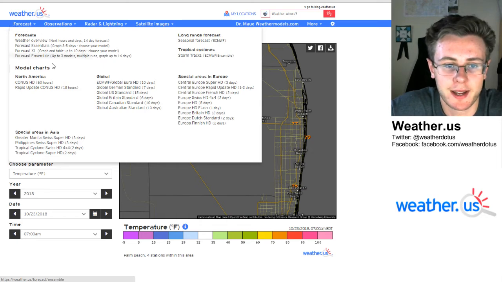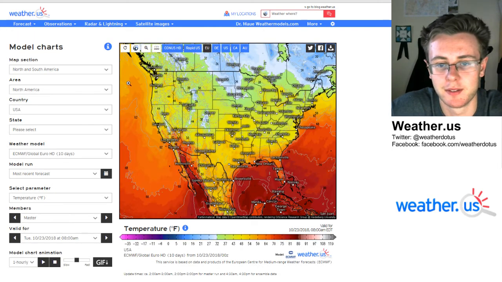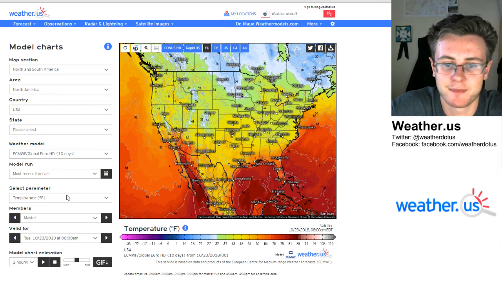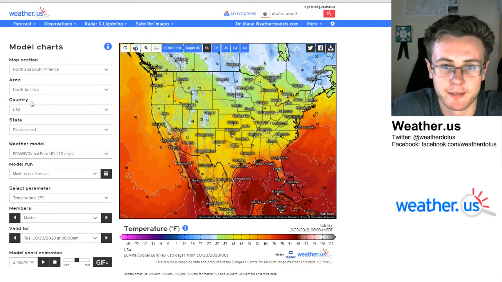Now moving on to our forecast tab here, we've already talked about some of these point forecast tools, but here are some of our map forecast tools. So this will give you a forecast over a large area. This is one of our models, and you can use the left-hand menus here, and again this works for all of our components here. The menus to the left of the image are incredibly valuable in terms of selecting zoom